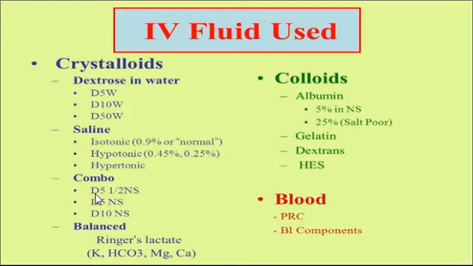Combinations, you will see this, people will call D5 half, which you could see here. It's 5% dextrose in water and a 0.45% saline. D5NS or D5 normal saline, again, is the same. D10NS, I think you can figure out from there. Balanced, Ringer's lactate. When it has the potassium, bicarb, magnesium, calcium, it has the things your body needs to keep it balanced. And PRBC,